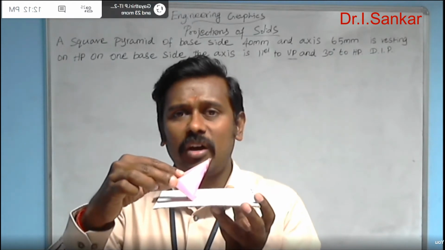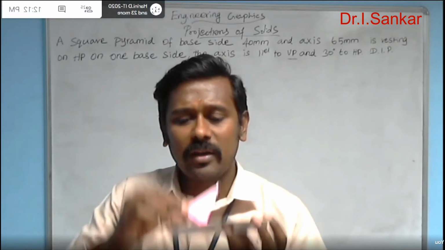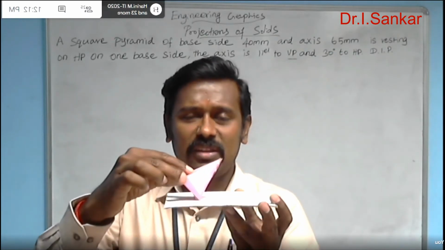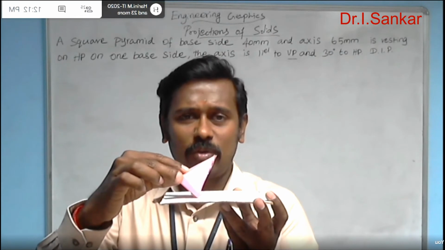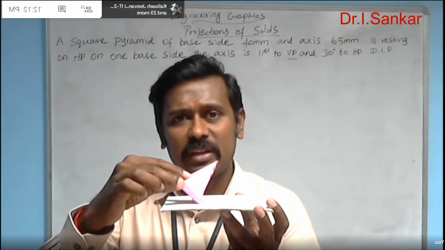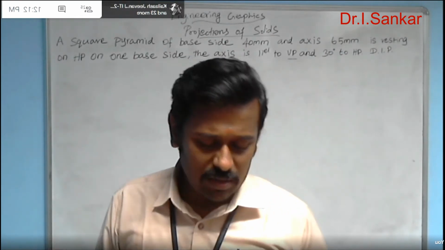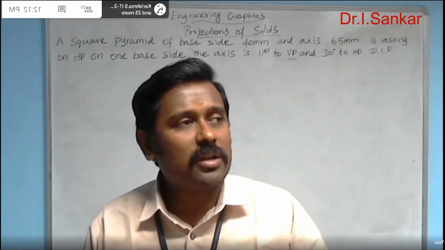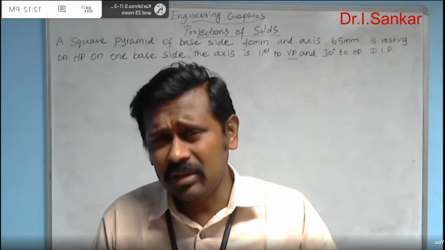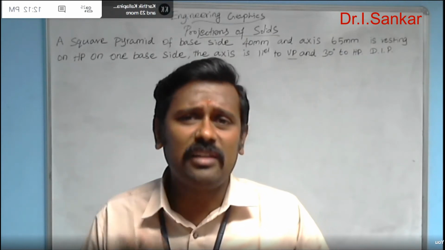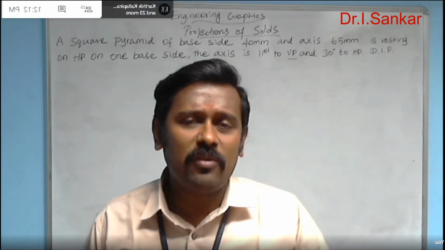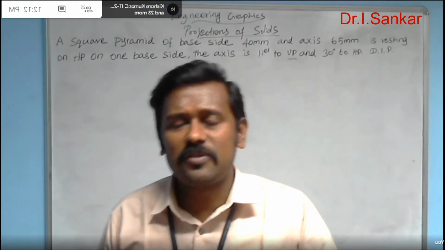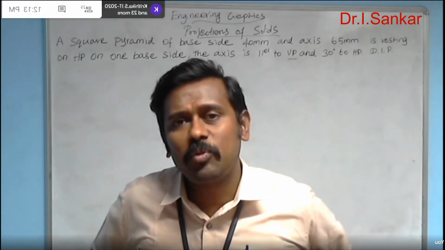You need to draw this front view and that top view. When this solid is resting with these conditions, how it looks in front and how it looks in top. This is nothing but the front and top views of the solid. That is the final front and top views of the solid. But it is not possible to draw this final appearance in the first step of your answer. We are going to follow the change of position method. In the projection of solids, we are going to follow the change of positions method.